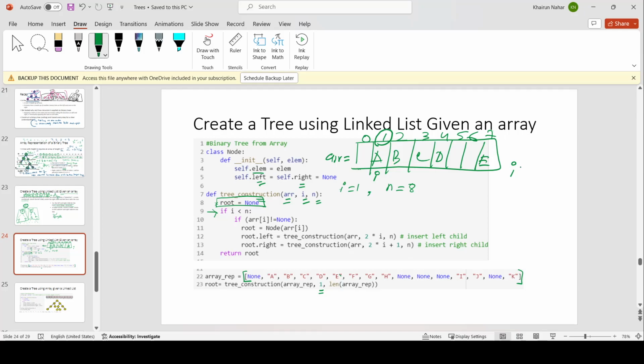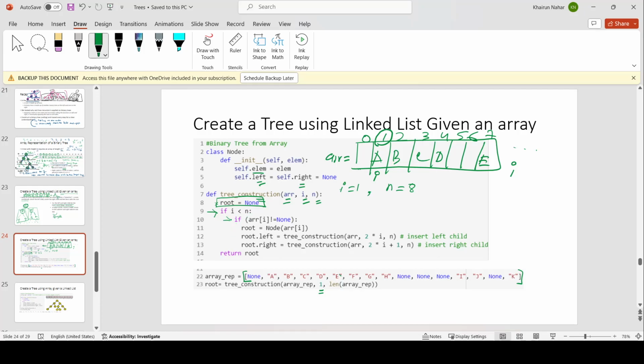It's very logical. So as long as I is within the boundary, we will keep on creating nodes and linking them up. And when I reaches 8, for this particular example, we will stop because we don't have anything over here. So this is the condition: if I is less than n, which is the length of the array,